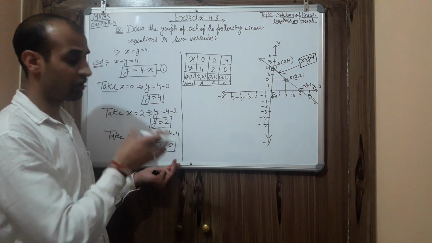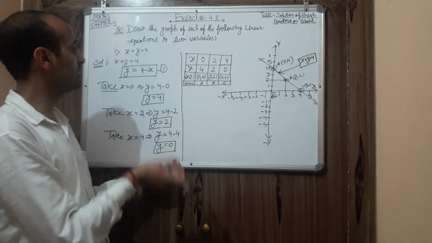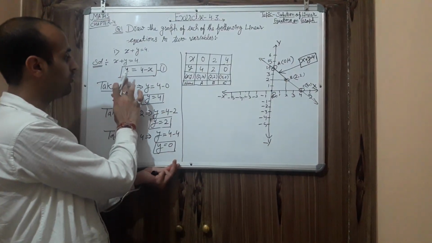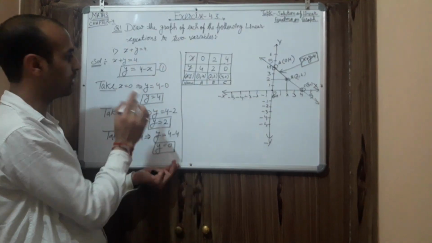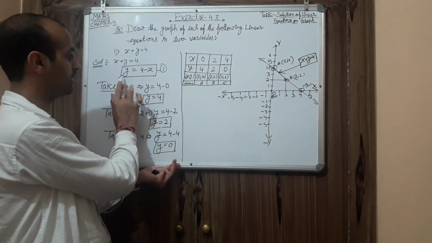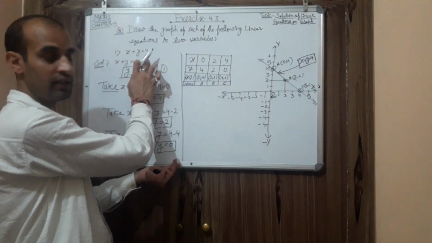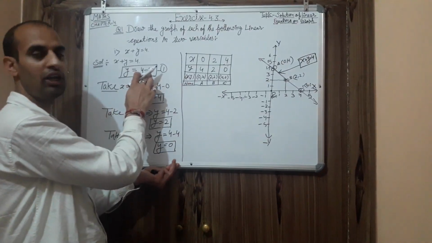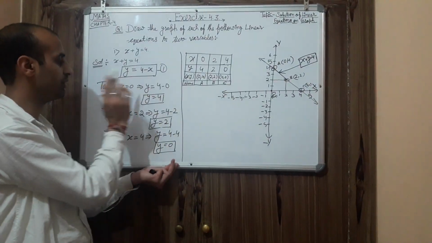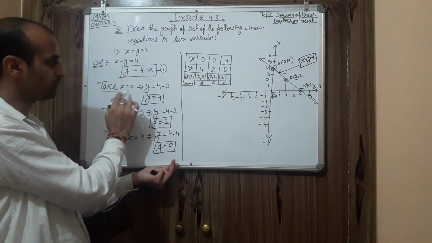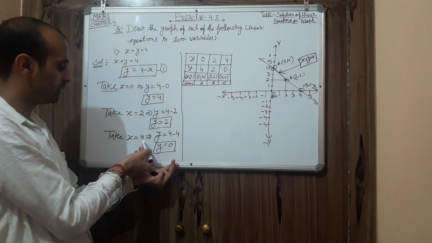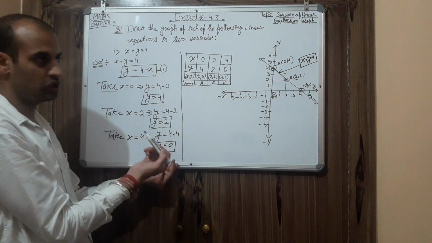Let's recap what we did in the whole question. First, write the question as such. Then take any one variable. You can take even x this side, but I have selected y. Shift x this side, and after shifting it, your work is to substitute any value of x. You can select any value here. I have selected 0. Then y I got 4, second time 2, then y also 2, third time 4, 4 minus 4, 0.